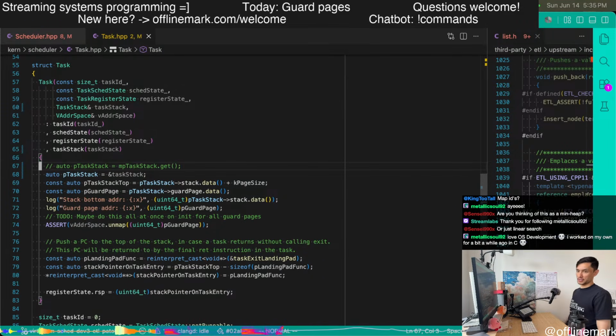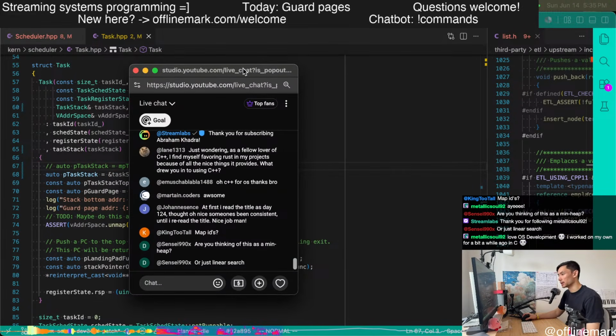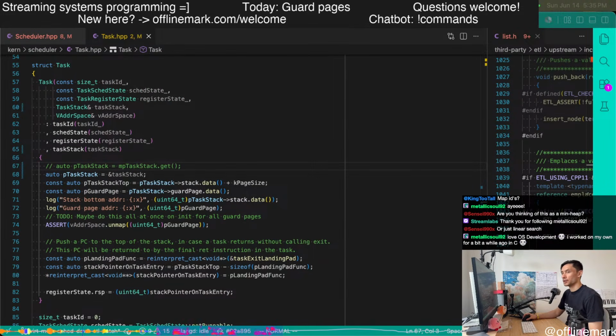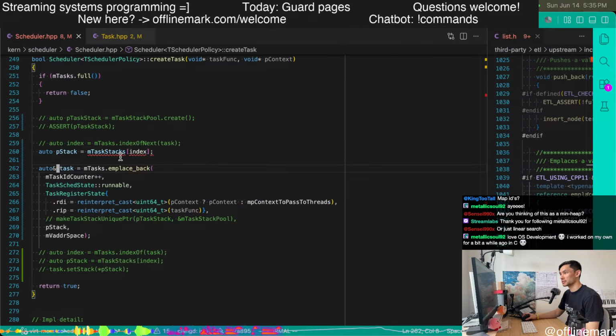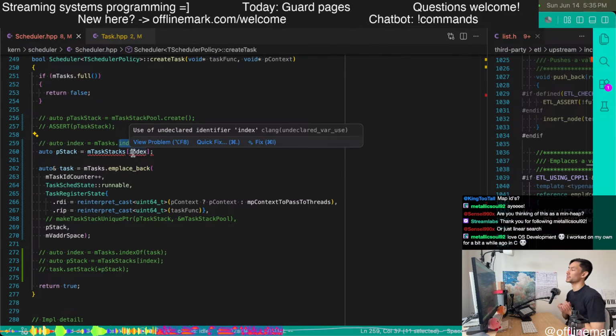Let me see. Min heap or linear search. What I'm thinking is, in order to implement this, I think this will be pretty easy because ETL uses a free list. Or wait, ETL, yeah, I think ETL uses internally, the list is backed by a pool.